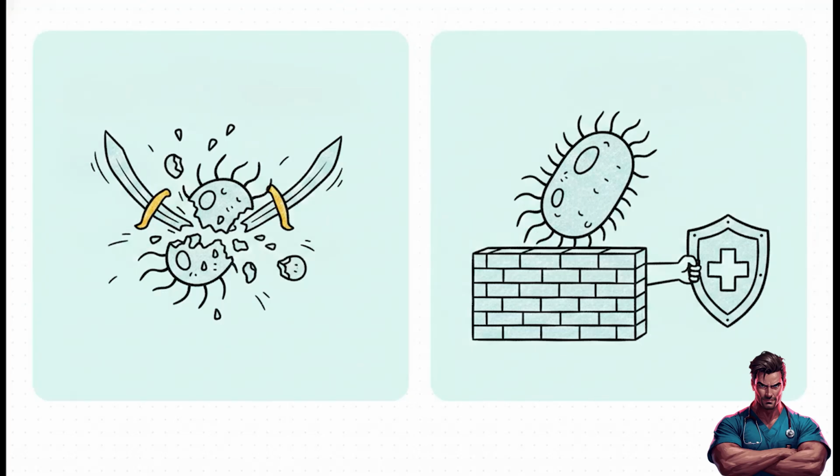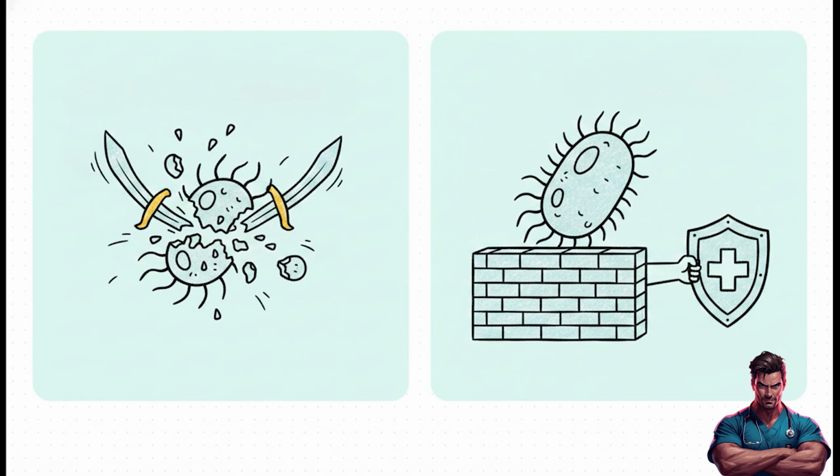Now, there's a core difference in how antibiotics fight, and you really need to understand this fundamental rule. Antibiotics are generally either bactericidal or bacteriostatic. Bactericidal drugs, like our cell wall destroyers, they don't mess around. They directly kill the bacteria. Bacteriostatic drugs, on the other hand, just inhibit bacterial growth. They kind of stall the bacteria out so your patient's own immune system can come in and finish the job. And since human cells don't actually have cell walls, drugs that target the cell wall are usually incredibly safe and